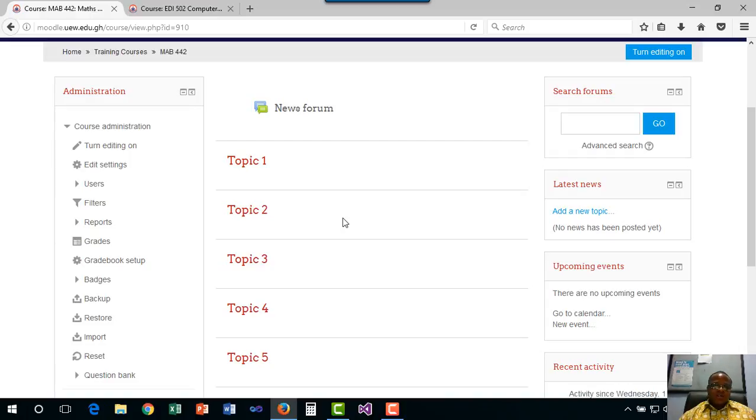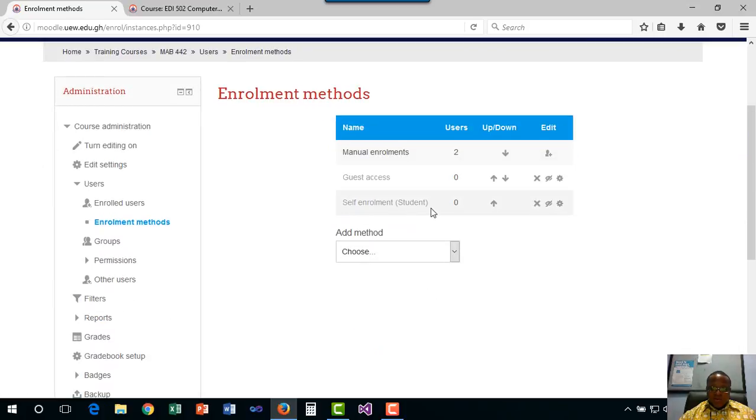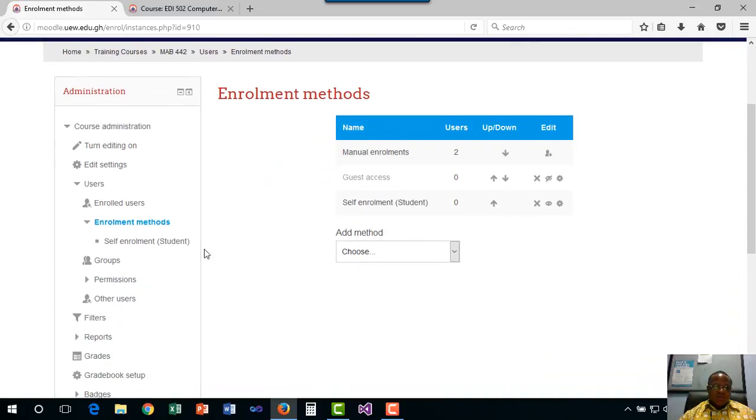such a facility. So on the Moodle platform, you have to go to the course administration, go to users, but you need to set it. So you go to enrollment methods, click on it, and you watch self-enrollment student. It is disabled, so you come here and enable it. So it has been enabled. So I come here now, I click on self-enrollment student, I click on it,